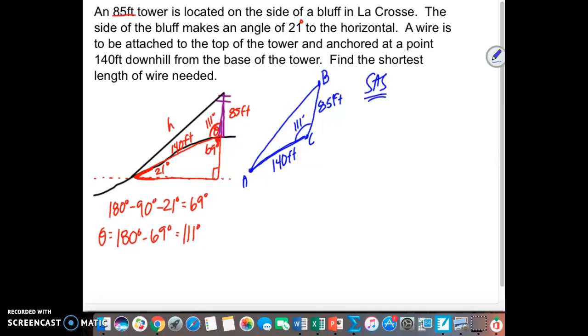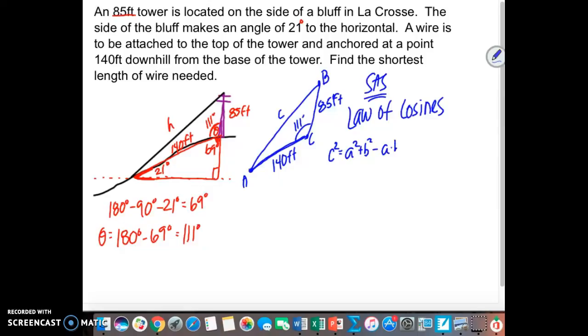If we wanted to, we could definitely do law of cosines. It's important to understand that we are not able to use law of sines because we do not have enough information. So we will use law of cosines. The law of cosines is, if we're looking for the side opposite our angle C, we know C squared is equal to A squared plus B squared